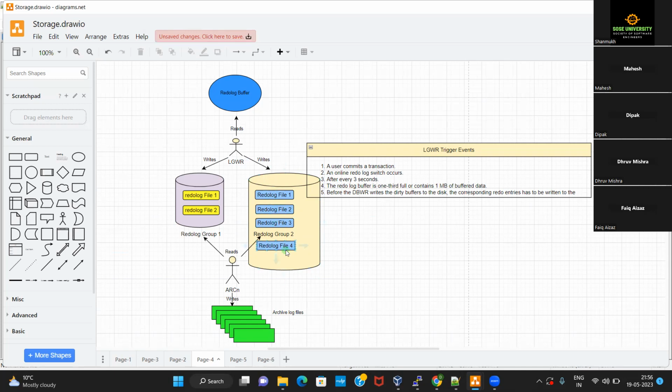There is not going to be any difference. So you need to multiplex your redo log files because they contain very critical information, the redo entries. But having more than two multiplexed copies of the redo log files is really not required. For safety, you might configure two or at most three redo log files in a group, but more than three I have not personally seen for any client.